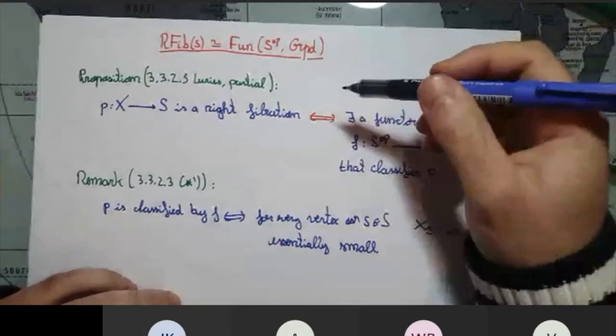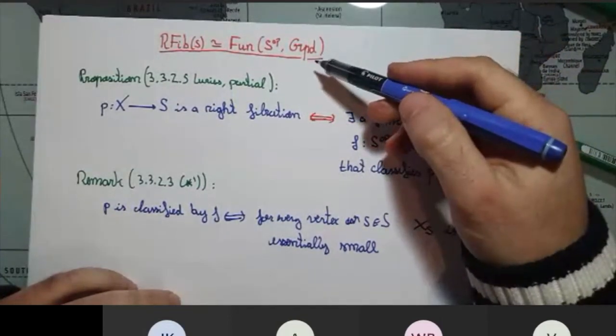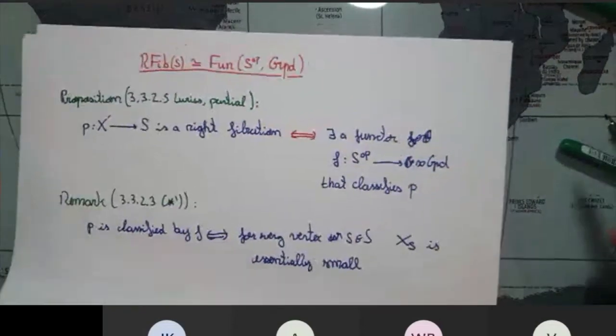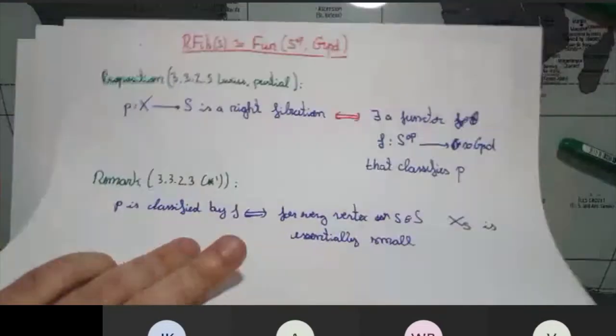So to see this, this is technical and we will need model categories and simplicial categories, but I will just state this other proposition which says that